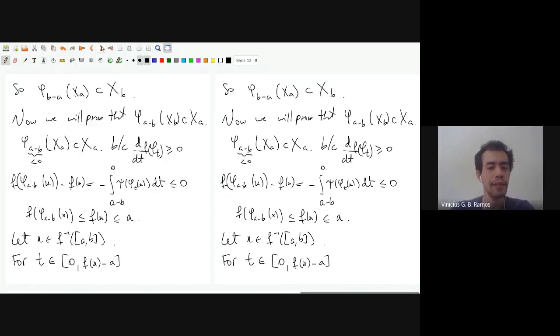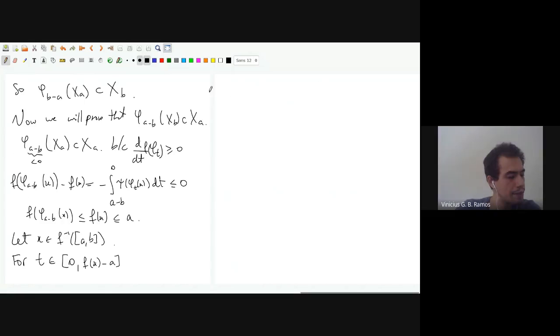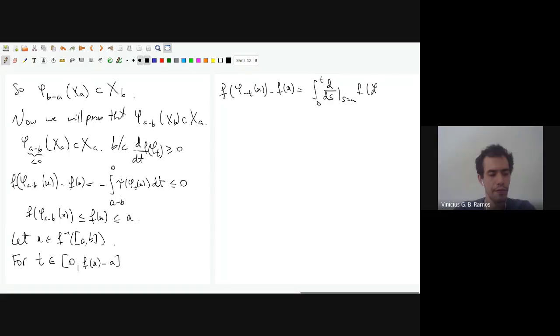Okay, so now what happens is, f of phi minus t of x minus f of x is equal to the integral from 0 to t of d/ds at s equals u of f of phi s of x du,